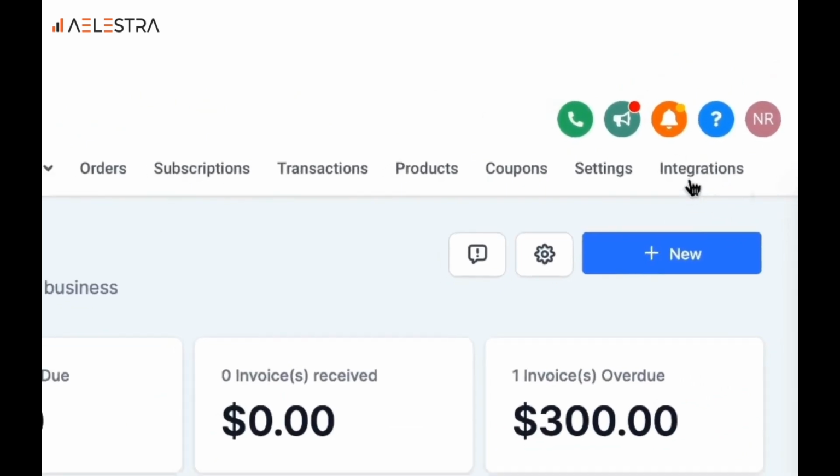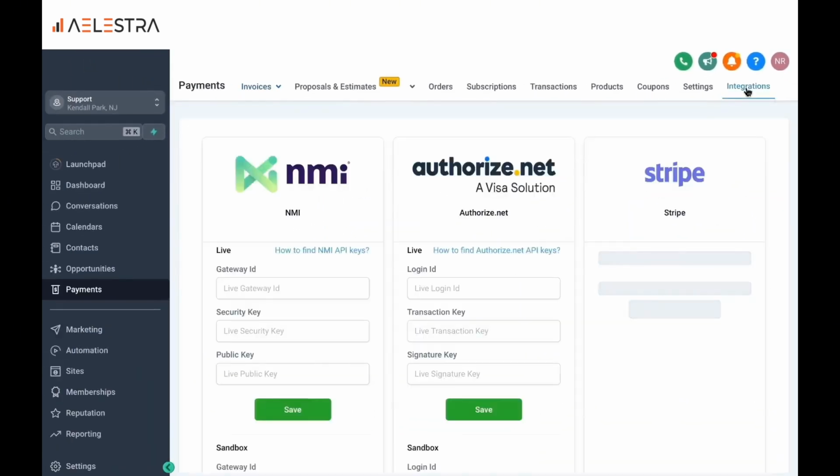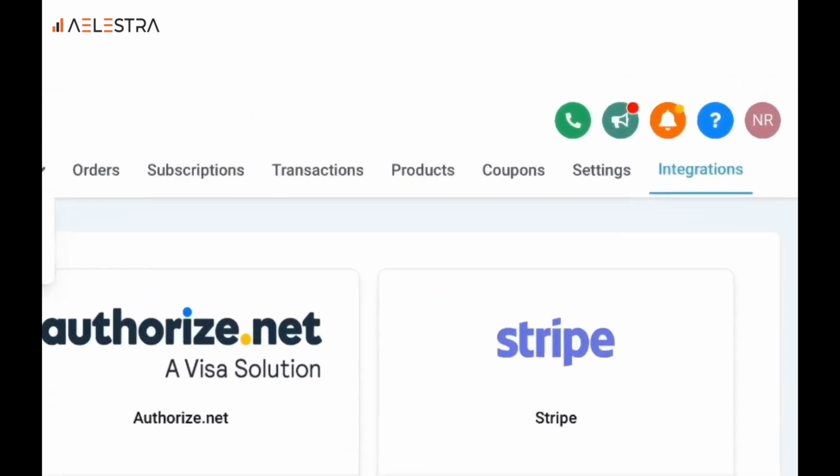Once you click on that, it'll show you a list of payment processors. Now, it does include a few popular ones like Stripe, PayPal, and Authorize.net, so just make sure that you connect the one that you use for your business. In this example, I have used Stripe. So, once that's connected, then we'll be able to use all the other options that are made available to us